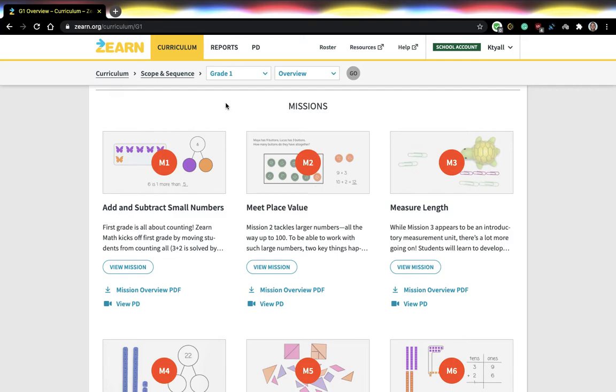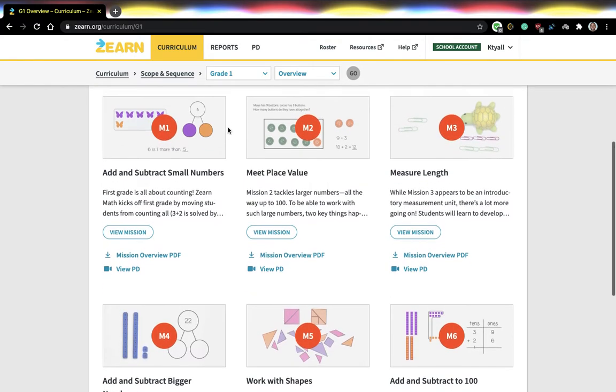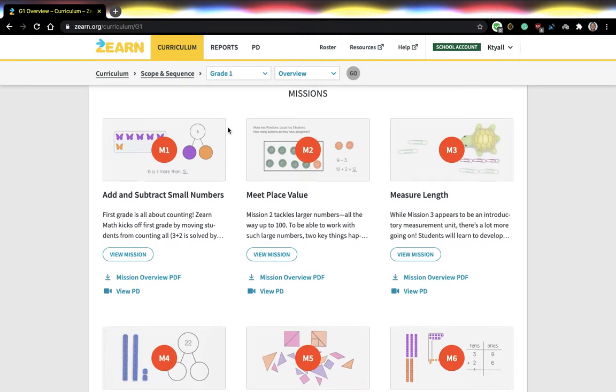Okay, there are 6 missions in the first grade Zearn program, and everyone's just going to start with mission 1, and we move through it sequentially. Okay, with the way that our schedules are formed and the fact that we're doing distance learning, we're probably not going to be able to get through all of these missions. If you can, that is amazing. Please share your strategies with your colleagues and with your PYP coordinator. All right, but we're going to try our hardest. Okay, we're just going to start from the first mission. All right, you just click it here,